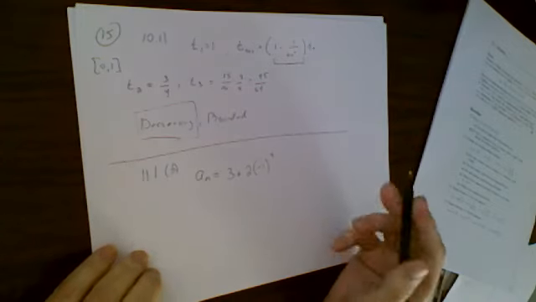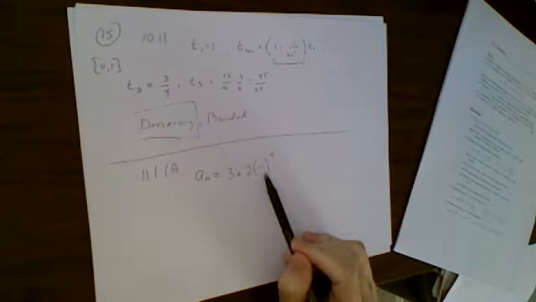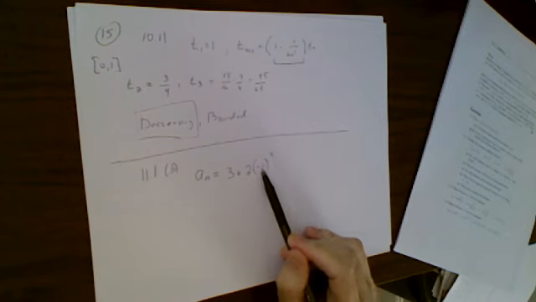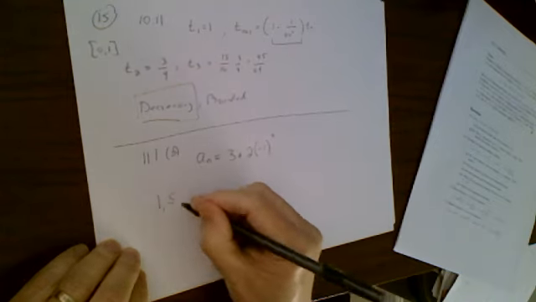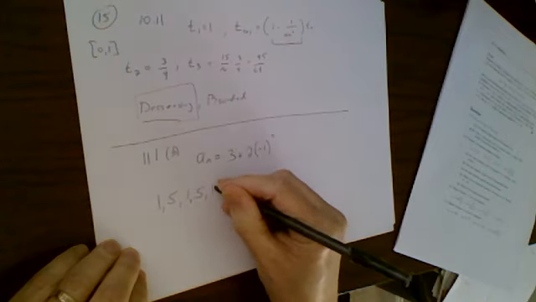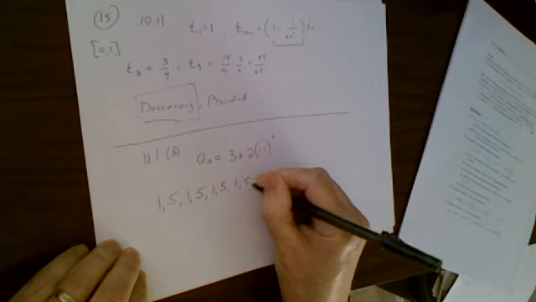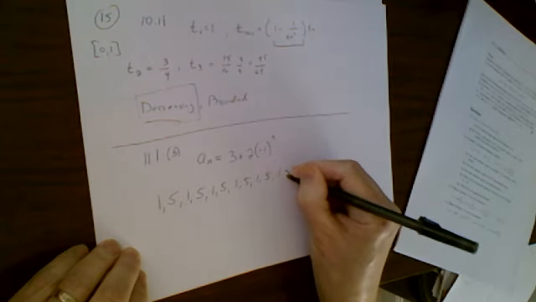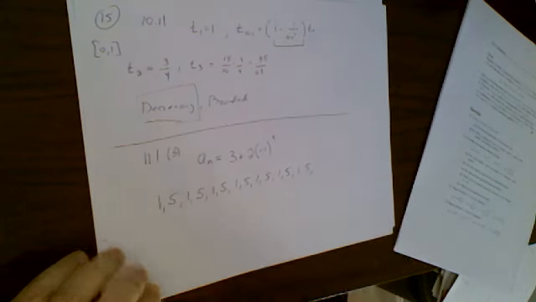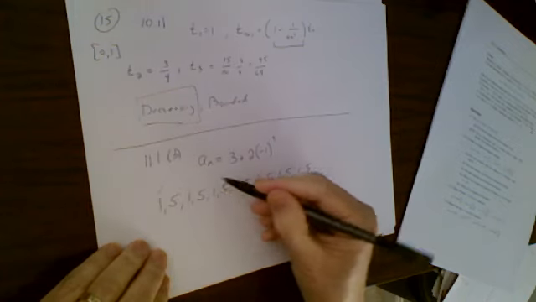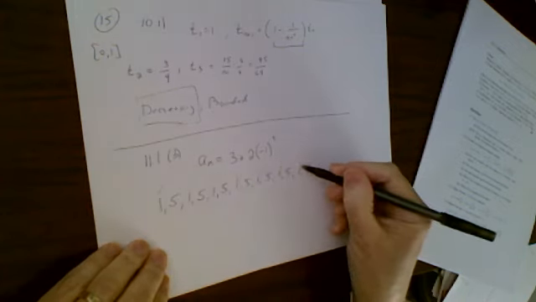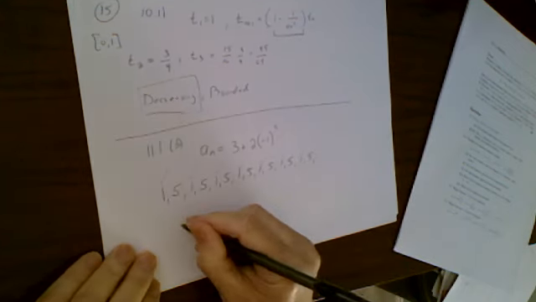So if we look at the sequence, depending upon whether n is odd or even, this will be negative or positive. That means you're either subtracting 2 or adding 2. So when n is 1, you're subtracting 2. When n is 2, you're adding 2. So this sequence just alternates 1s and 5s. If you want the selection function, well, if you're always taking an odd subscripted term, you're always getting 1. So if you took g of n,